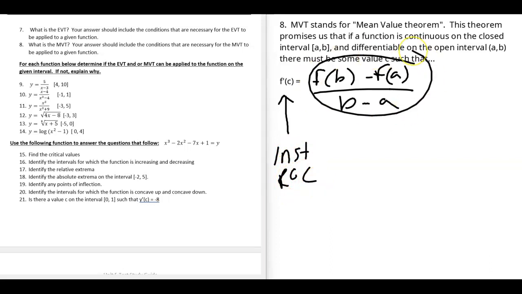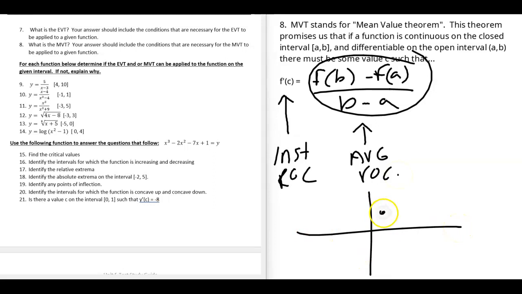And this formula here is the slope formula. This is y2 minus y1 over x2 minus x1, also known as the average rate of change. Now, if we have a function that, say, goes from here, a, to b,